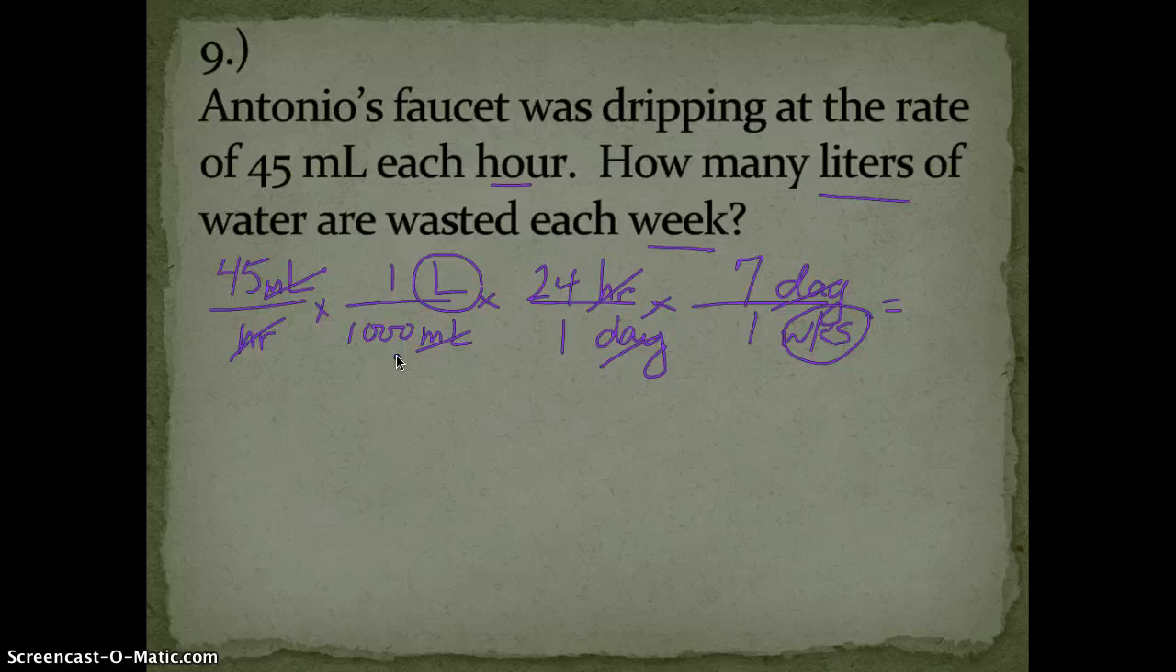45 times 24 times 7 divided by 1,000. Is that right? Let me do it again. 45 times 24 times 7 divided by 1,000. Much better. Okay, so if my math is correct, I've got approximately